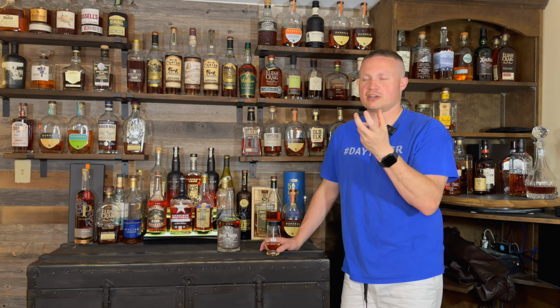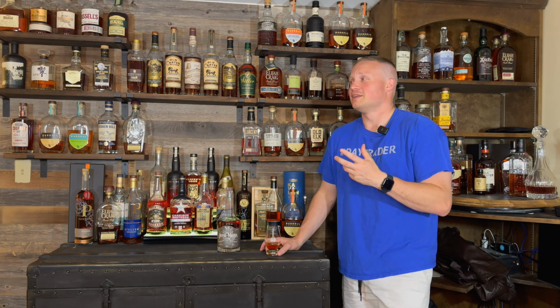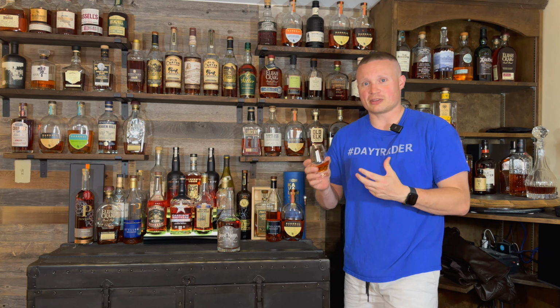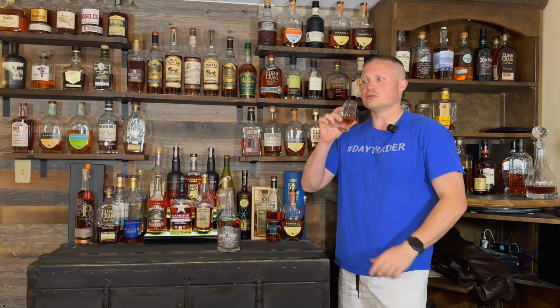It's got a little bit of the floralness that sherry has mixed in with the fruitiness, and that's kind of like if you have one of those nice red sherries, which is one of the only wines that I really like, to be honest with you. Not a big wine person, but I do like sherry. So that's kind of what it leaves you with on the finish. It's a pretty nice finish overall. Not too hot going down, doesn't linger too long, but